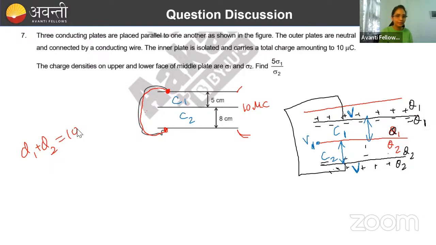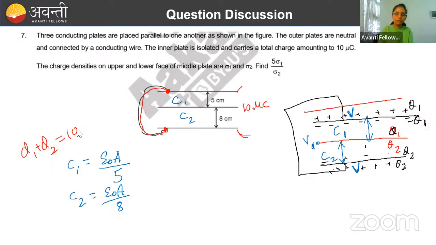इसका C1, इसका C2। C1 का वैल्यू आप क्या लिखोगे? एप्सिलॉन नॉट, एरिया सेम है दोनों ही प्लेट का, सेपरेशन बिटवीन दिस टू प्लेट्स इज हाउ मच? 5। नाउ C2 विल बी हाउ मच? एप्सिलॉन नॉट A by 8। सेंटीमीटर है, मीटर में कन्वर्ट करोगे। ठीक है, C इक्विवेलेंट क्या होता है? C1 प्लस C2, बिकॉज दे आर इन पैरेलल। ठीक है, तो पैरेलल में है ये दोनों।